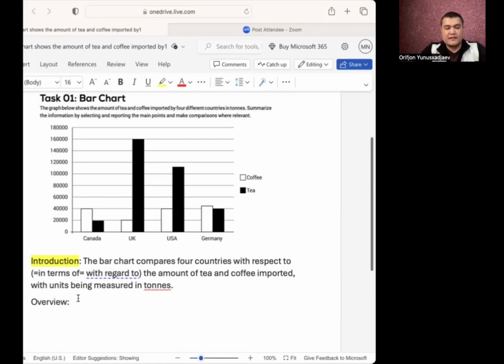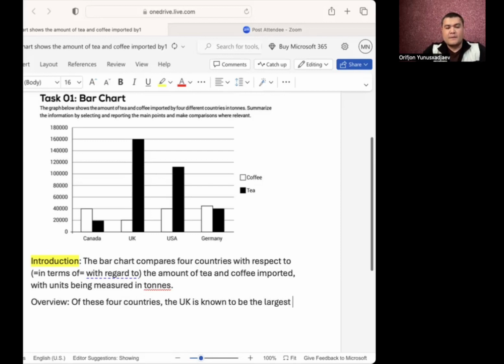So I can simply write down the word overall, right? It's a typical one, but let's change it into a different one. So maybe we will say among these four countries, okay, we will change it into something different. Instead of saying among, I can say of these four countries. Of these four countries. And now I'd like to talk about the UK. The UK, right? Maybe we can say takes the lead, or maybe is, let's make it simple, is known to be the largest,